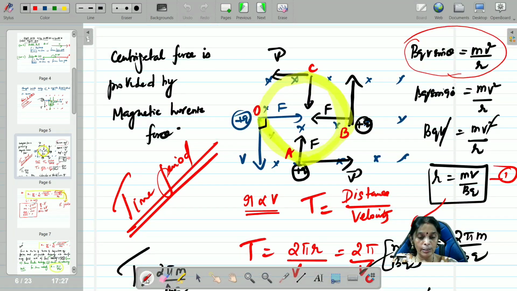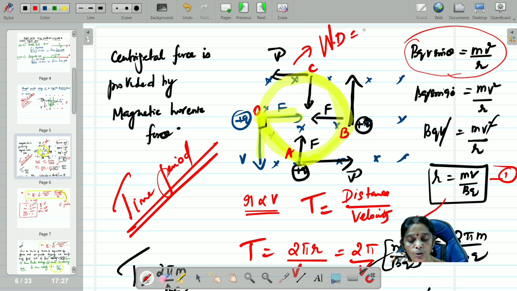And also, children, please listen, one more thing I wanted to convey. In class 11 also you have learned this. Look at the force and the velocity. Everywhere the force and the velocity are perpendicular. Since they are perpendicular, the work done by this charged particle in a uniform perpendicular magnetic field is zero. Any charged particle moving perpendicular to the magnetic field experiences a force perpendicular to the velocity, so no work is done.